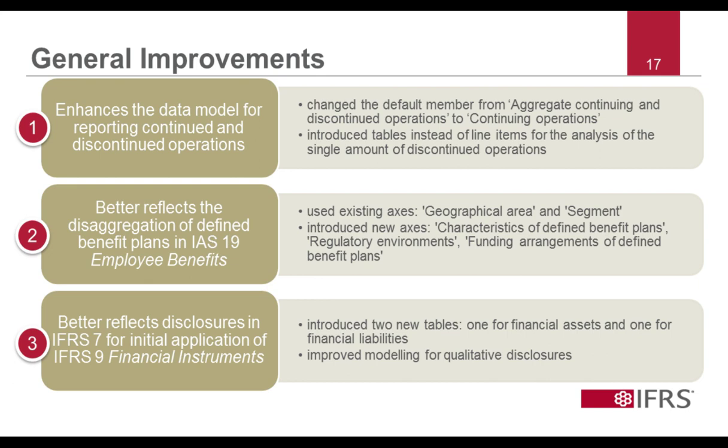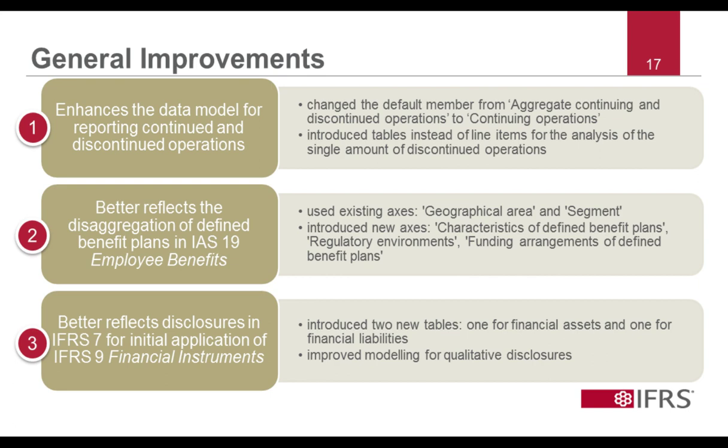create an extension. So, in the IFRS Taxonomy 2018, the disclosure was modeled as a table with a specific axis for discontinued operations. We removed all those 4 line items that we had previously, and now an entity could use any element from the IFRS taxonomy with a discontinued operation member to reflect the segregation of the single amounts presented in